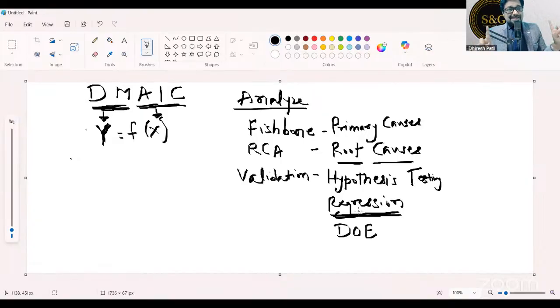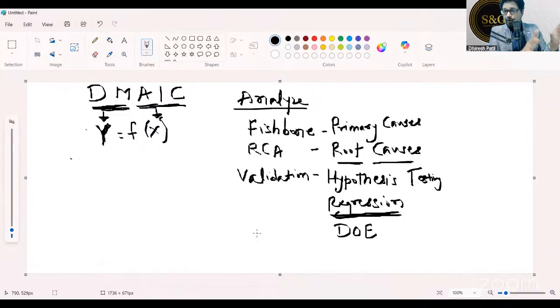By the way, is everybody aware of continuous data and discrete data? Just give me yes or no in the chat box. Anybody who is not aware, just type no. It's basic: continuous data and discrete data, the two types of data we generally come across whenever we deal with data. One is continuous data, which is measured data. I'll explain quickly.